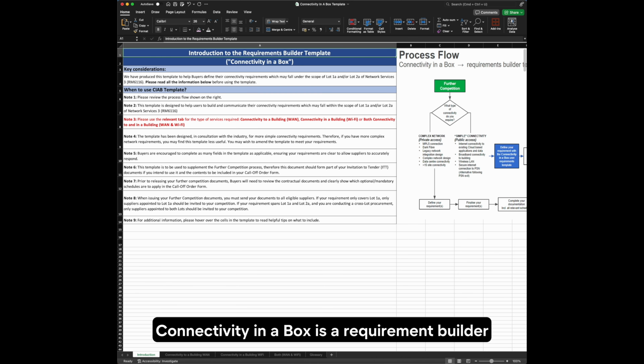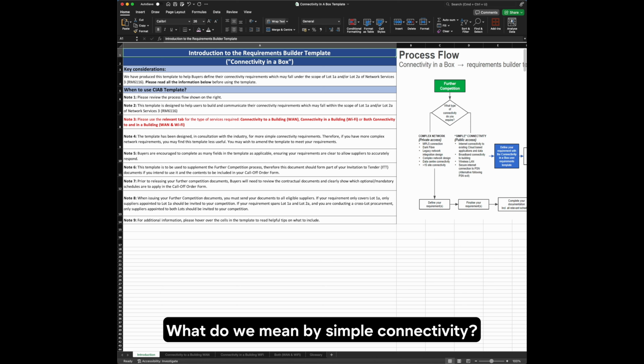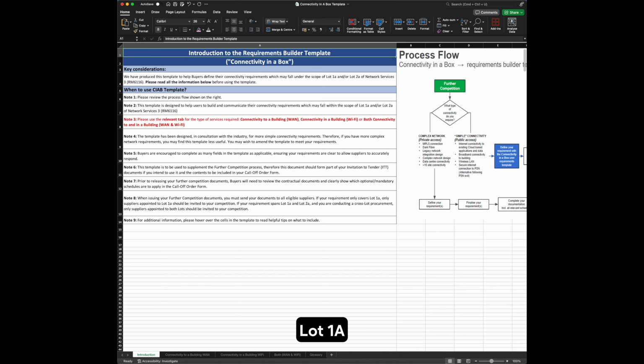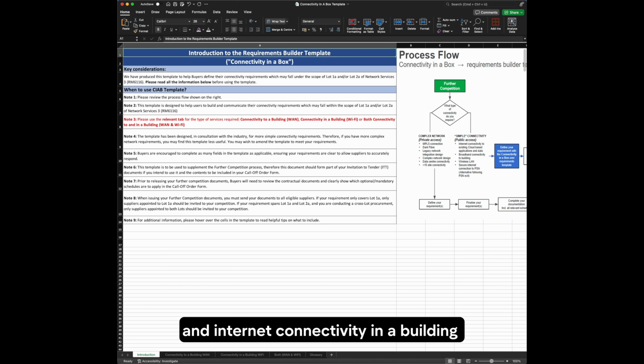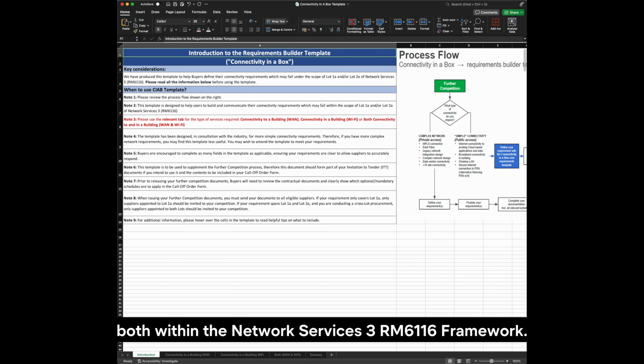Connectivity in a Box is a requirement builder template we have developed with the help of suppliers from the industry to help you and your organization clearly outline your simple connectivity requirements. What do we mean by simple connectivity? To summarize, it refers to internet connectivity to a building, Lot 1A, and internet connectivity in a building, Lot 2A, both within the Network Services 3